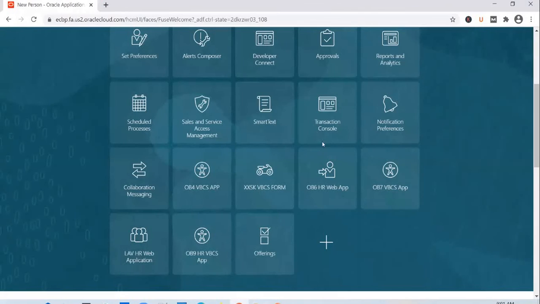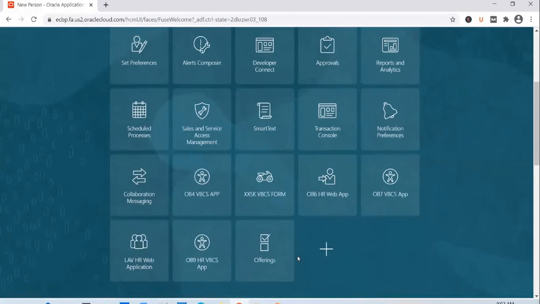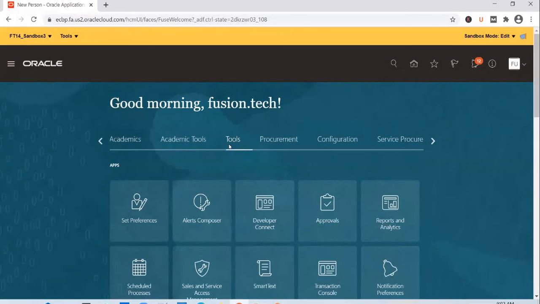Okay, so if you want to launch another application, or navigate to another screen from ERP directly, it could be another on-premise application, or an application like OTM or something else, you can add a new navigation option here. That's how we added these VBCS apps that you're seeing here. So how do you add a new page, or make a new page entry under an existing group? You can create a new group altogether, like Tools or Procurement, or you can add a new page within the existing group.